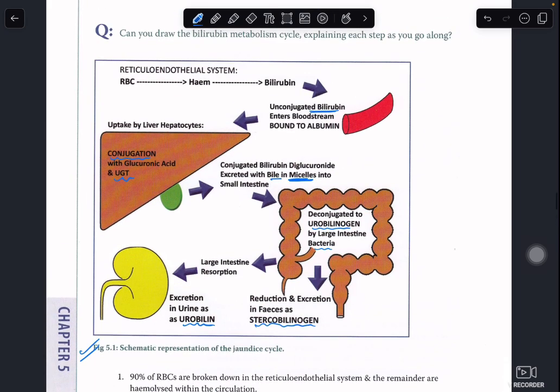Okay, heme, bilirubin conversion, after conversion bilirubin, and then unconjugated will be bound to albumin, and then it is taken up by the liver hepatocytes, then it will be released in the form of conjugated bilirubin, then again deconjugated as urobilinogen by large intestine bacteria, then it can be absorbed and excreted in urine as urobilin, and it can be excreted in